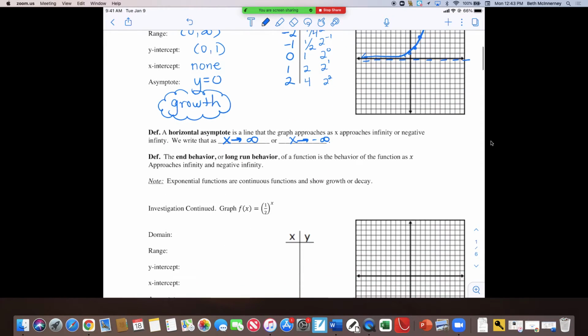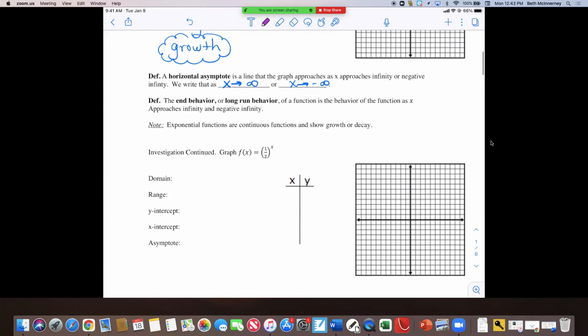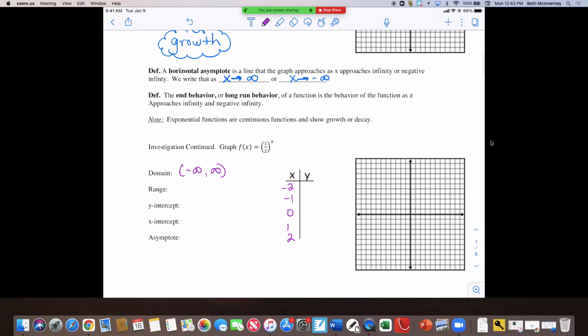All right, let's continue the investigation. And I changed the parent function to f of x equals 1/2 to the x power. So my domain, again, is negative infinity to infinity. When your domain is negative infinity to infinity, your table should go negative 2 to 2. So let's start at the bottom. I like to start where I know something. If I take 1/2 and I square it,